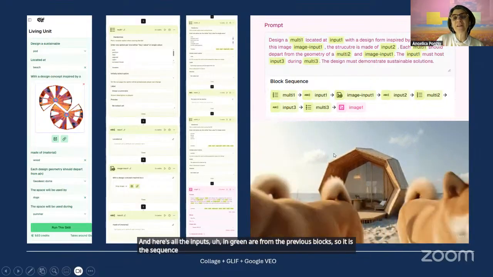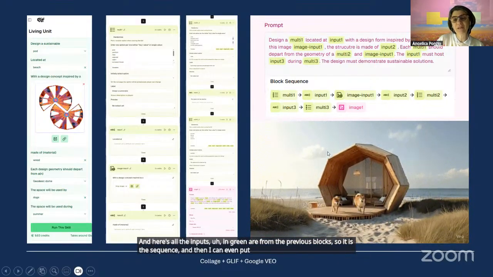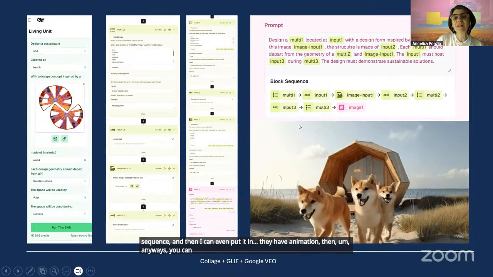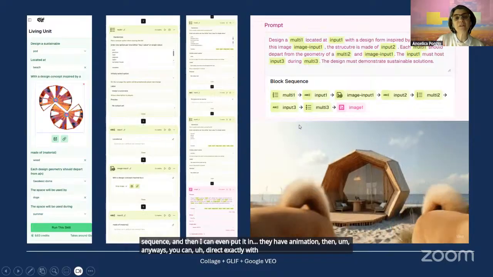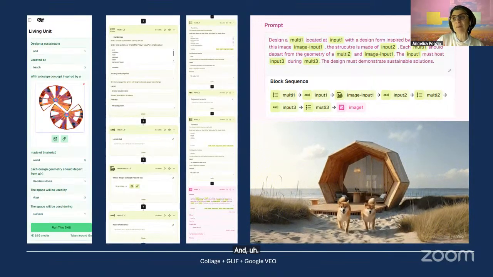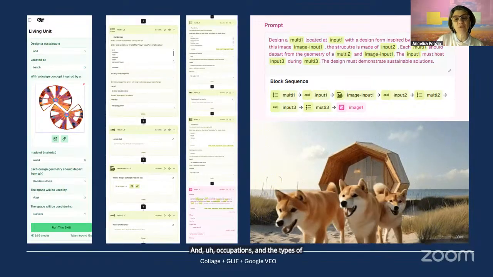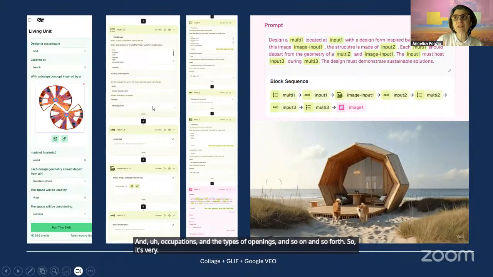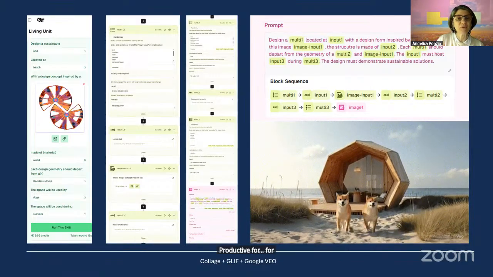And then they have animation, and anyways, you can direct exactly with the material. I put here a questionnaire of geometries, materials, and occupations, and the types of openings, and so on and so forth. So it's very productive for design studios to work with.